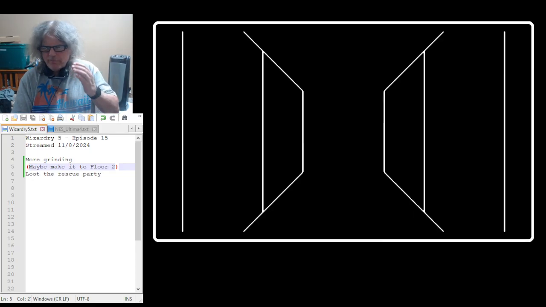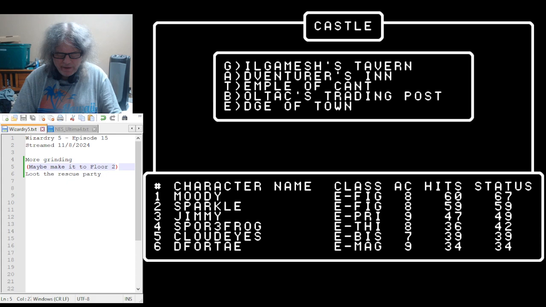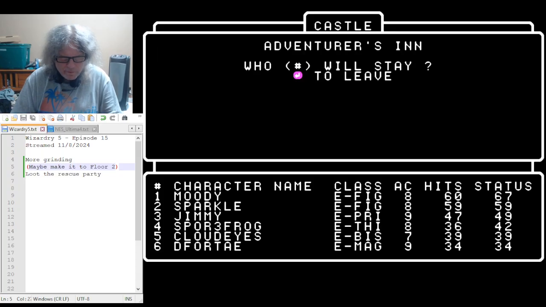Now, one thing, whenever you save the game, you always end up facing north. So you can actually use that to your advantage. Okay, so we're not worried too much that our party's a little bit dinged up. But what I want to do is see...